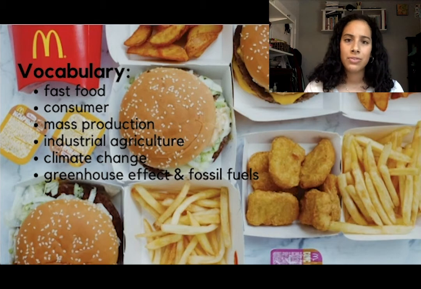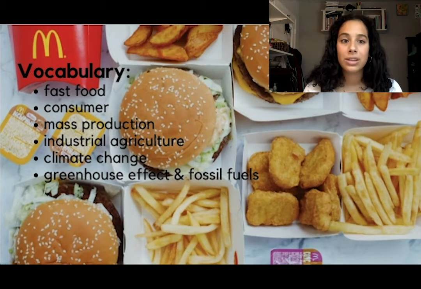Let's start with fast food. What is fast food? Fast food is food that is typically pre-made and cooked to order. Instead of waiting forever at a restaurant for the chef to make your food, it is done within a few minutes. You may have tried fast food at McDonald's, In-N-Out, Domino's, Subway, Taco Bell, Panda Express, or even Starbucks. These fast food restaurants are known as chain restaurants, meaning that there are many of them around the world.